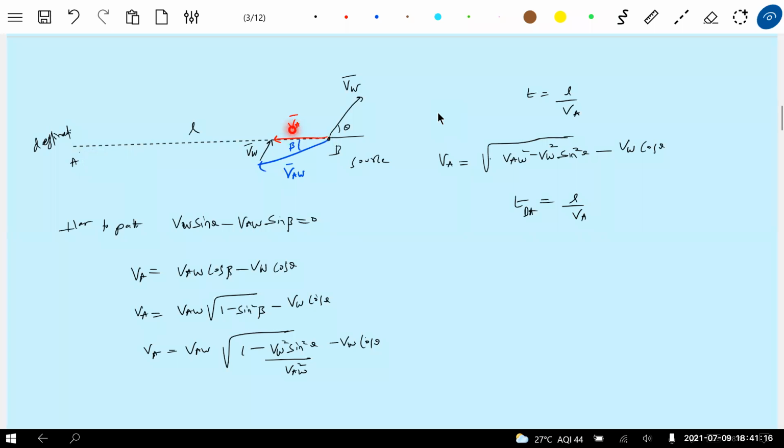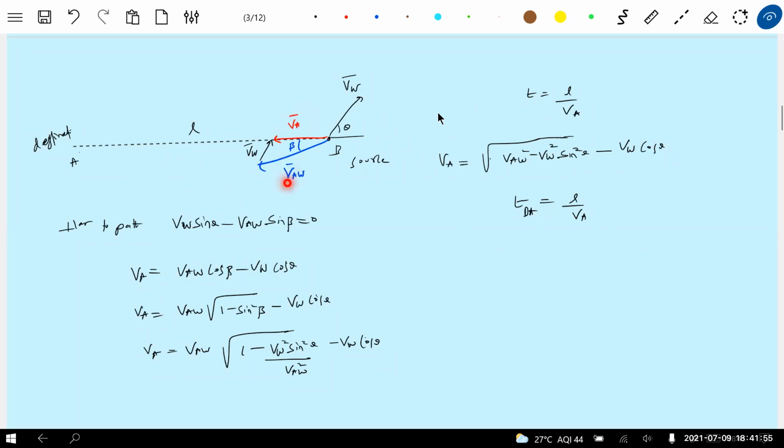So what is VA here? Velocity of aeroplane with respect to ground. VA bar should be along BA, that is the thing. Wind will blow in this direction. If I push the velocity of aircraft like this, if I make VAW like this, the wind will push it and somewhere the velocity of aircraft with respect to ground will be directed here. This will always be a resultant of these two. Don't think that this is the resultant of these two; that is a wrong thing. This is an unknown thing, cannot be measured, but only can be assessed.